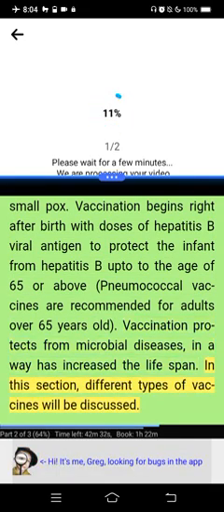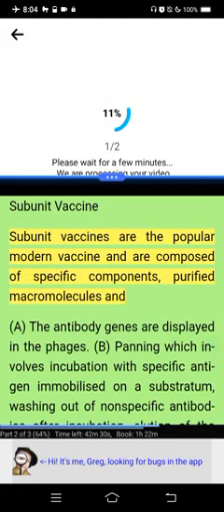In this section, different types of vaccines will be discussed. Subunit vaccine. Subunit vaccines are the popular modern vaccines and are composed of specific components, purified macromolecules and